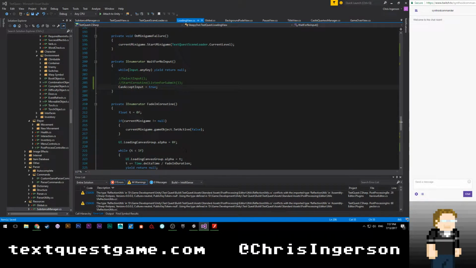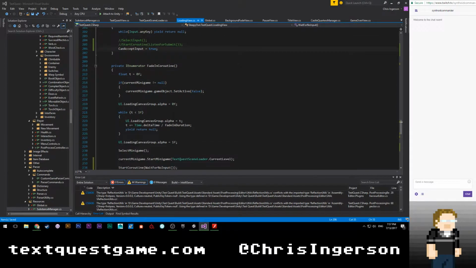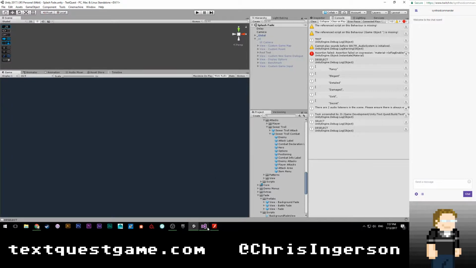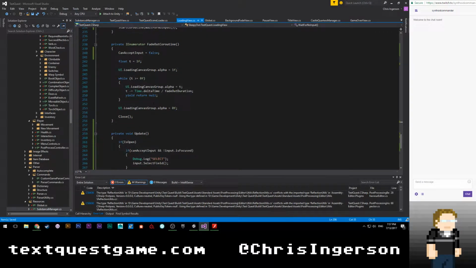So it's actually going to be impossible for you to set anything or type anything. And then, hold on. Oops, fade out coroutine. Can accept input. Okay.